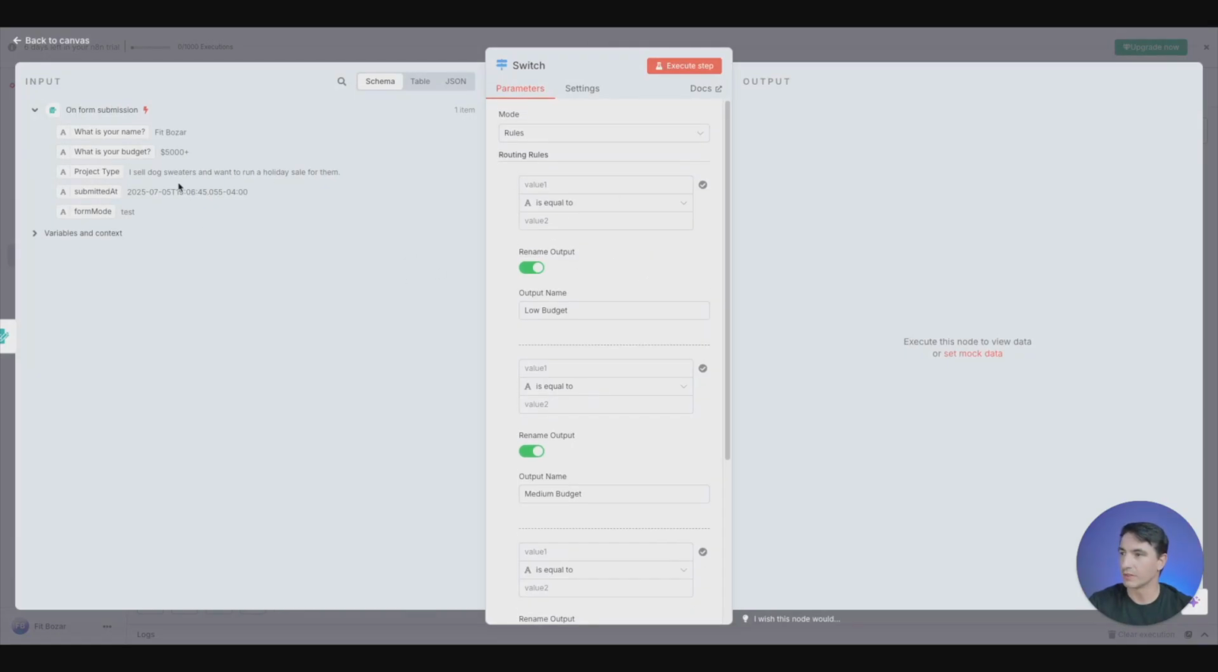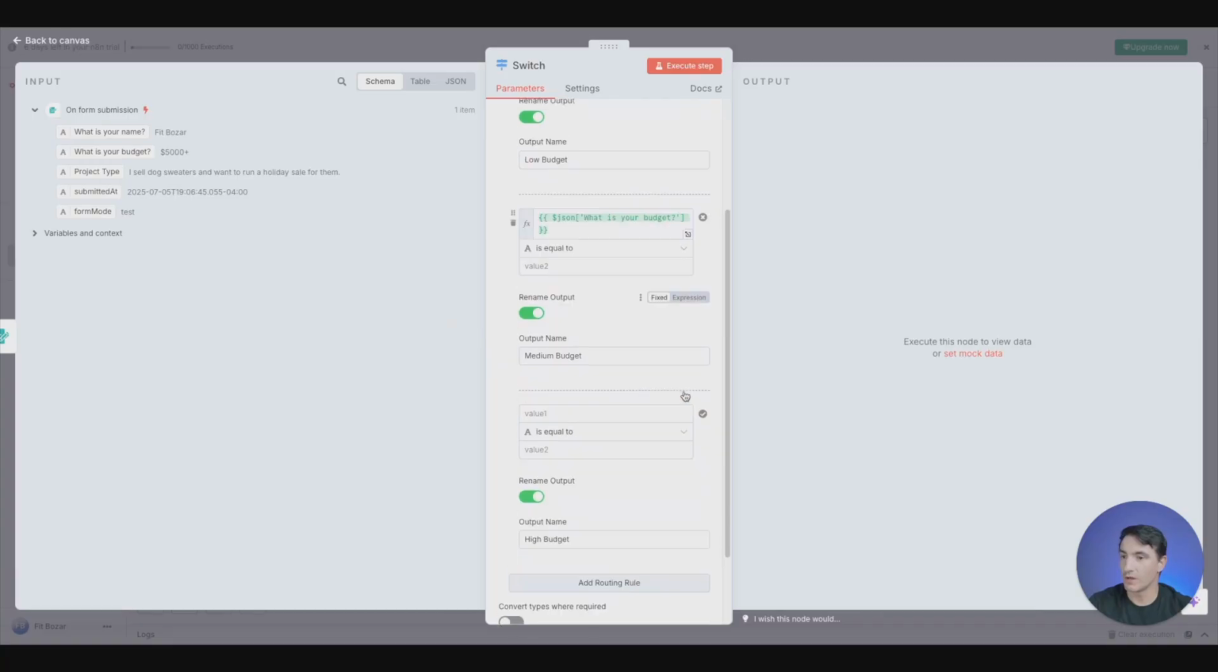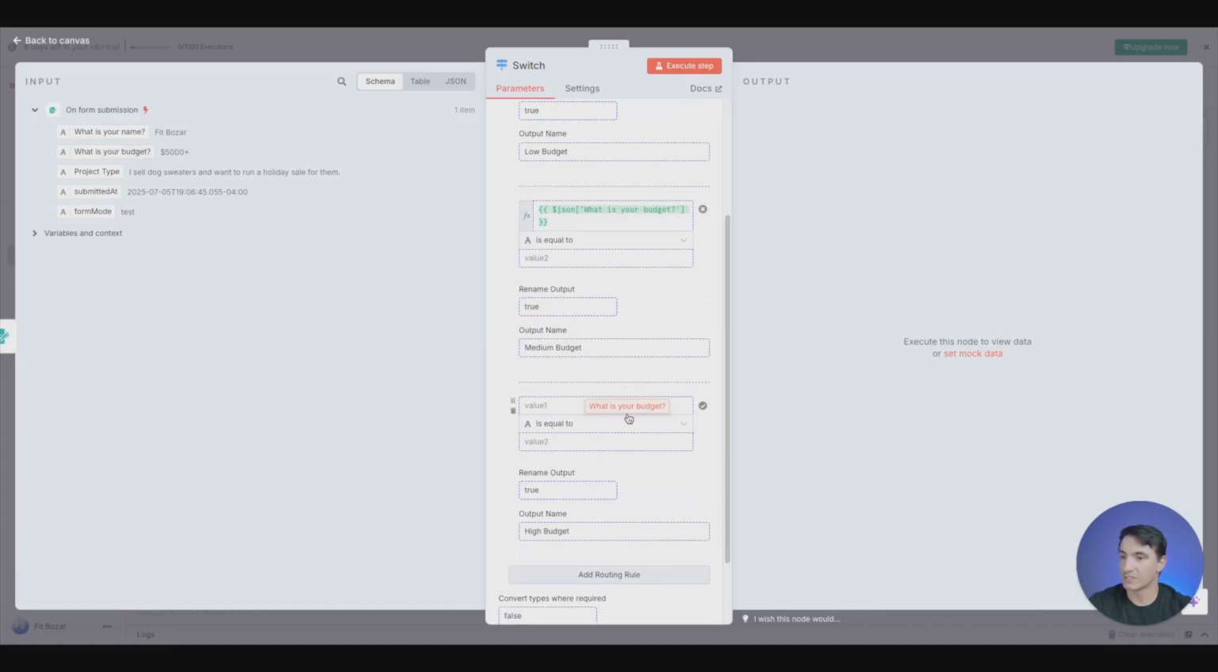So for example, in here, we can do what is our budget. So for the value, we either have fixed or expression. Fixed is a very consistent number that we will send every time. Expression is more dynamic, where we're actually taking information from the previous input. So we want to take the information and the value from the inputs that we're getting. So we want to keep this as an expression because we want to know if it's the low, medium, or high budget. So we can drag the budget into here as well, and we can drag the budget into here